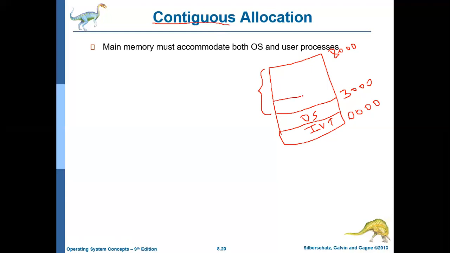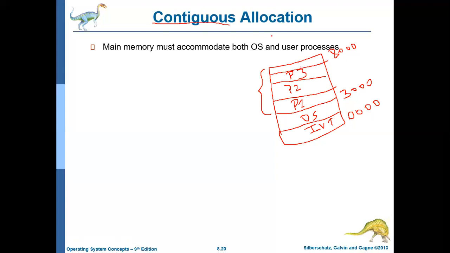If the first user process occupies this location, then the next user process will occupy this location, and the next one this location. Generally, memory will be allocated to processes in a contiguous way, and it goes on and on.